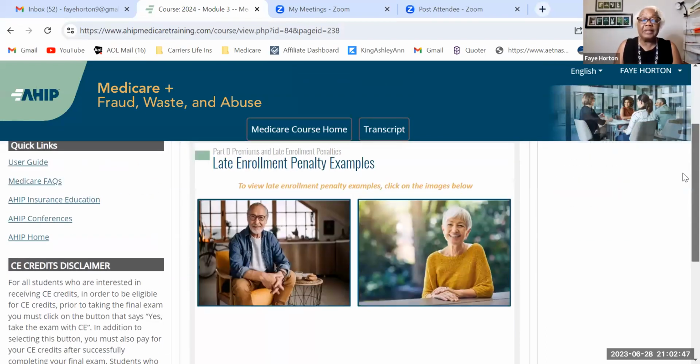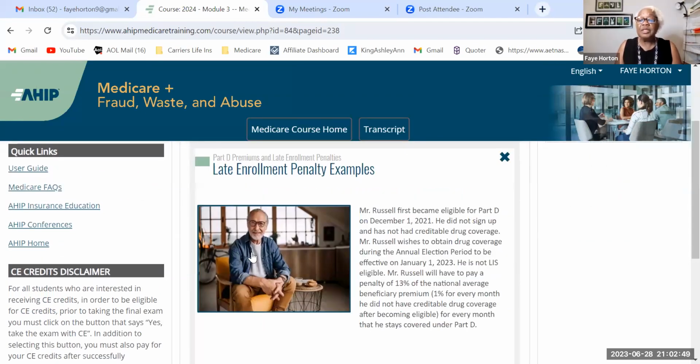Late enrollment penalty examples. Mr. Russell first became eligible on December 1, 2021. He didn't sign up and has not had credible drug coverage. He now wishes to obtain drug coverage during the annual enrollment to begin effective on January 1, 2023. He's not low-income subsidy eligible. Mr. Russell will have to pay a penalty of 13% of the national average beneficiary premium, 1% for every month